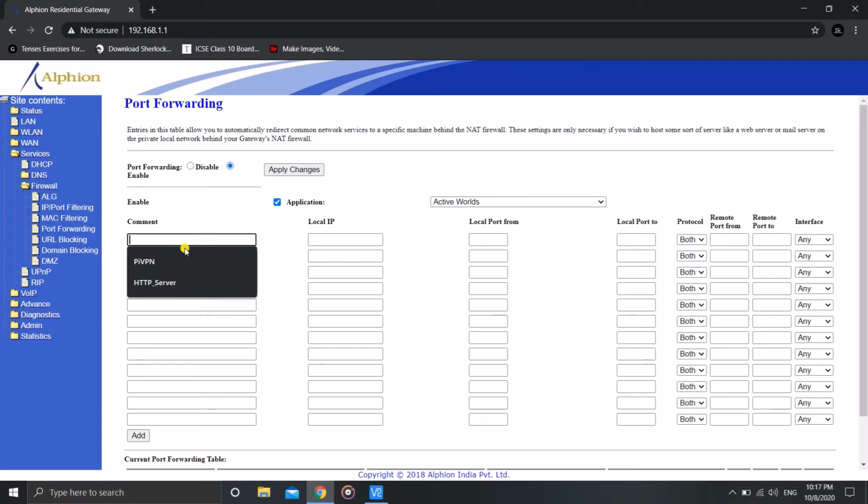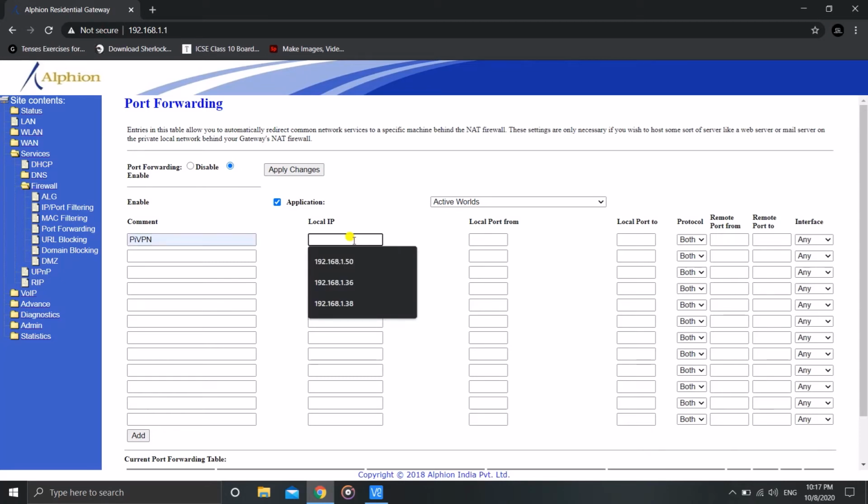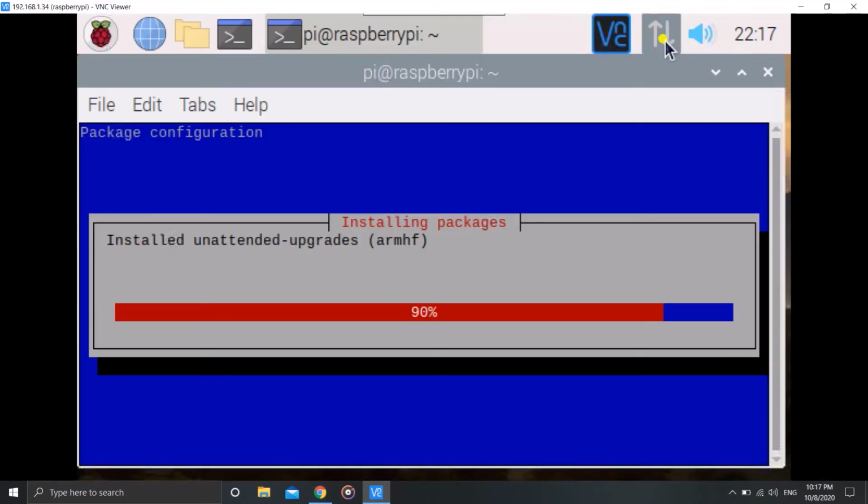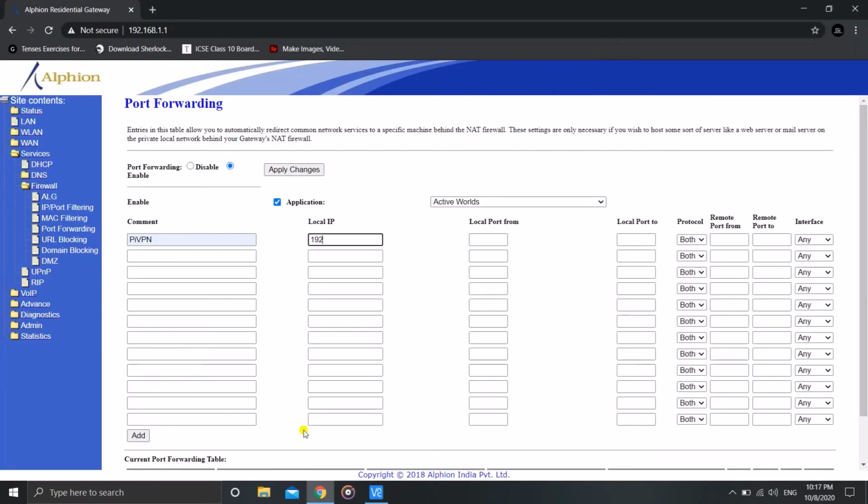Now we'll add a rule; I'm basically making a PiVPN. What you saw over here, the web server and HTTP server entry, is because I have made a video regarding the web server. You can view it on my channel; through that you can host your own website. So the local IP address will be the IP address of your Pi. You can just come here and hover your mouse over the Ethernet icon. It's still loading. I don't know why it's taking time. I feel there is some problem with my network.